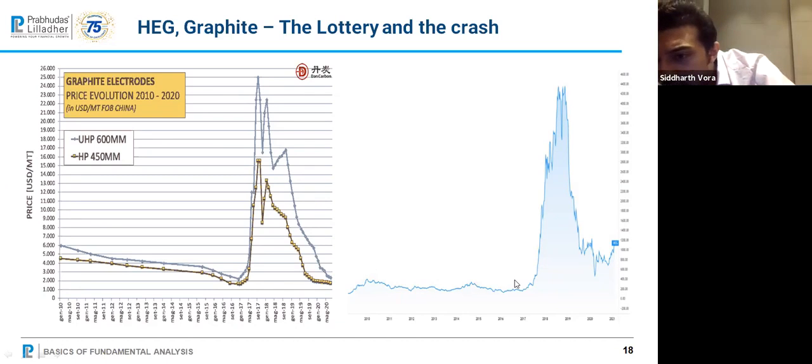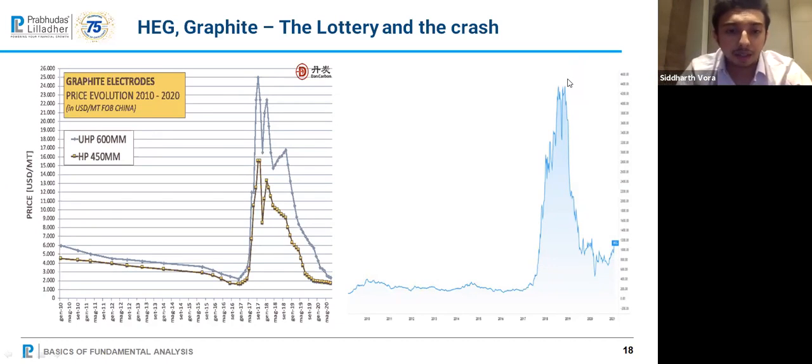So price went from 200 rupees to 4,000 rupees between that period. But this is not sustainable because next year you see how the stock has crashed. And from here on, for it to go back to the 4,000 level, it's looking very, very difficult in the medium term also. So now imagine the state of a person who bought this stock above 3,000, 4,000 rupees. He will never get his money back and it's a permanent loss.